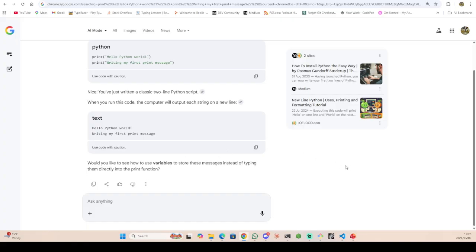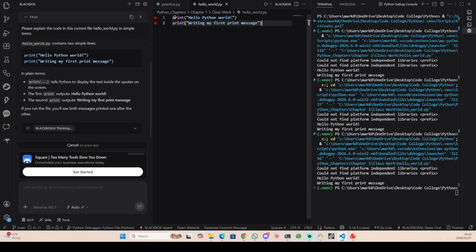So basically, that is it about setting up your Python environment and using the debugger as well as using AI too. And in summary, this is all that we do